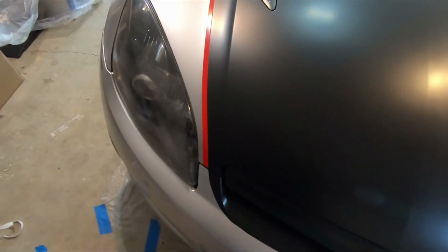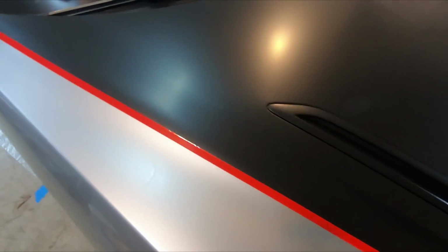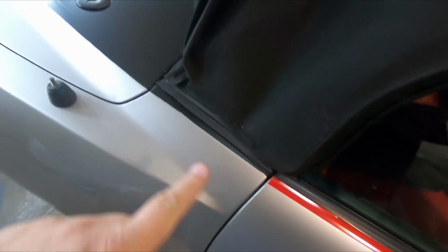Anyway, like I said, this was the first one that I did, and I was a little ambitious, trying to get these lines and stuff. It wasn't like I was just painting the hood and being done with it. I actually had some difficult areas. I didn't have the camera running on this side of the car, but you can see I got the red stripe down on this side. It looks really good, and I continued it through the door,